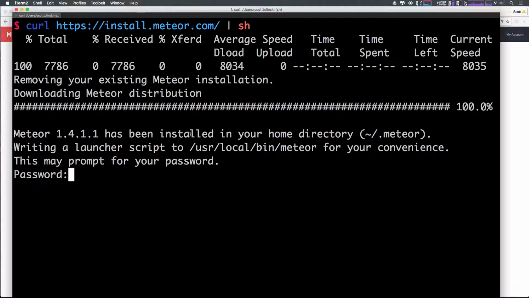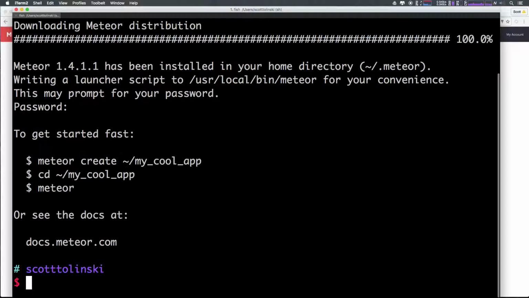Okay, it's going to ask for your password. I'm going to enter my password, and now you can see here that it gives you some get started instructions. Now Meteor doesn't offer a way